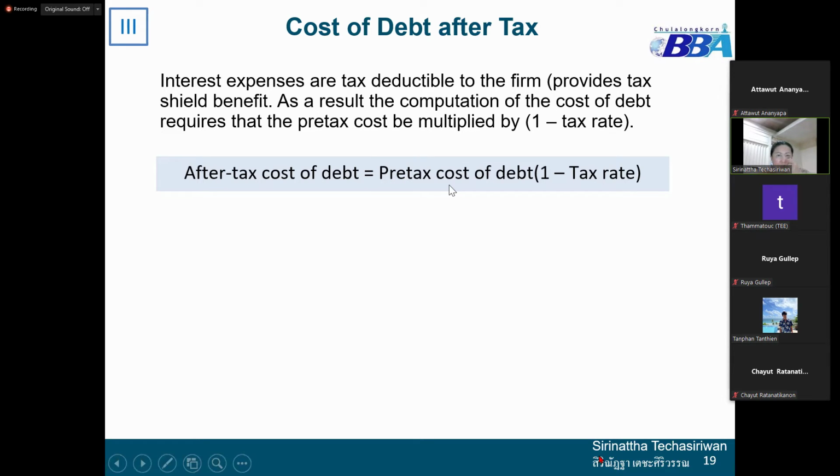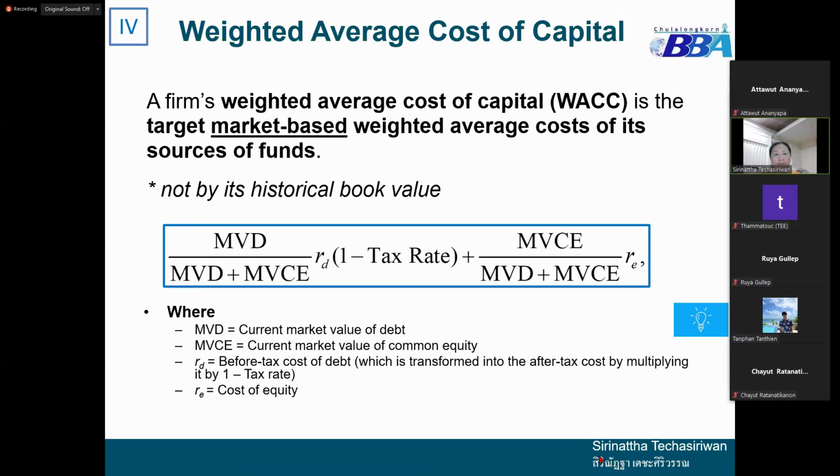So it automatically lowers the cost to the company, because the company pays less tax given the interest that it pays. When you calculate the weighted average cost of capital, the benefit of issuing debt is to lower the company's tax payments, which implies a lower cost. So you must multiply it by 1 minus the tax rate. After you are able to estimate each of the component costs, the cost of equity and the cost of debt after tax, you average them into the weighted average cost of capital